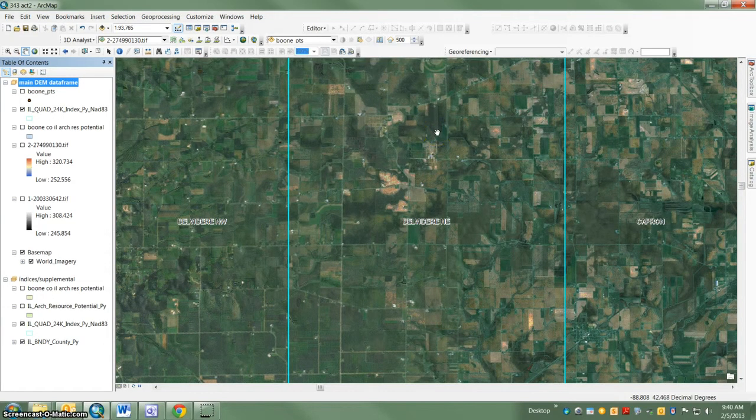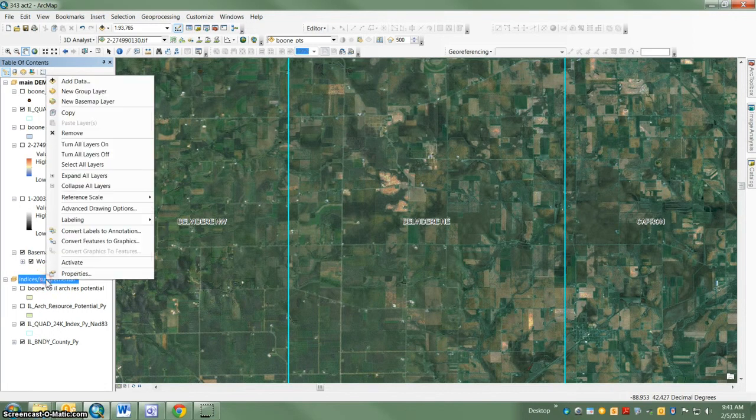I want to show you a few things about enhancing this digital elevation model data in ArcGIS. And you can see I have an open window of ArcGIS here, and I have a couple of things going on. I actually have a couple different frames open. I have one that's going to be my main analysis frame, and then I have another here that is just